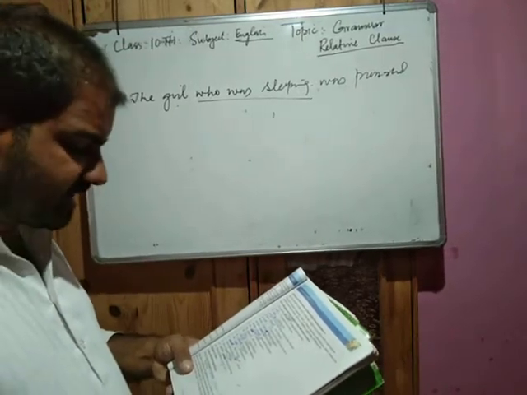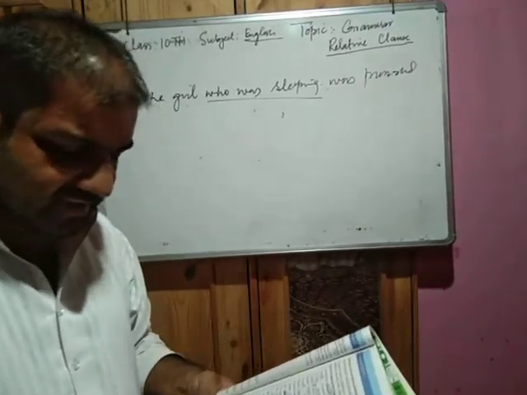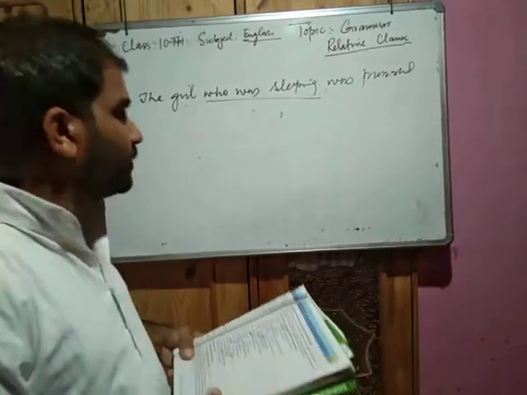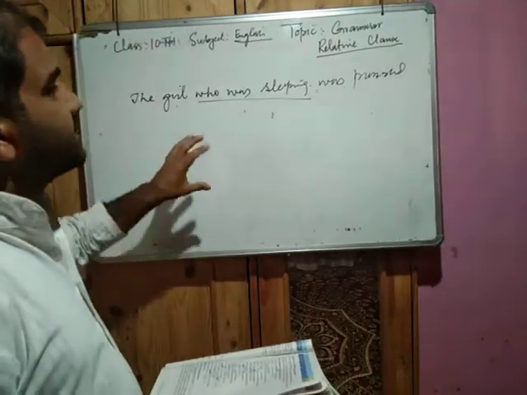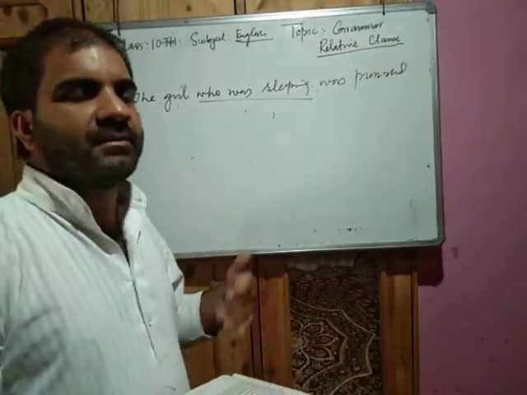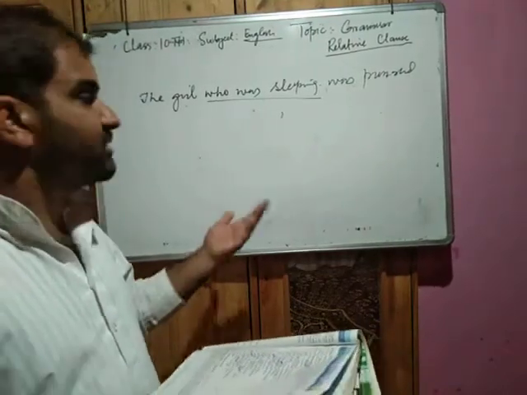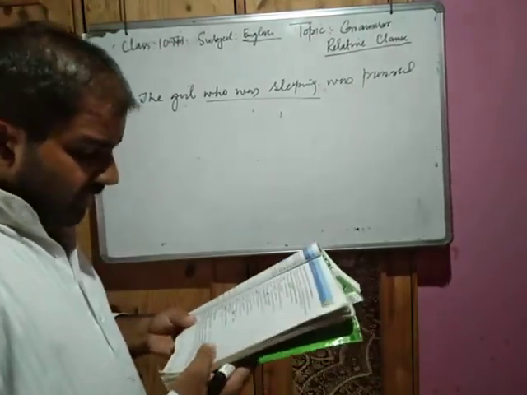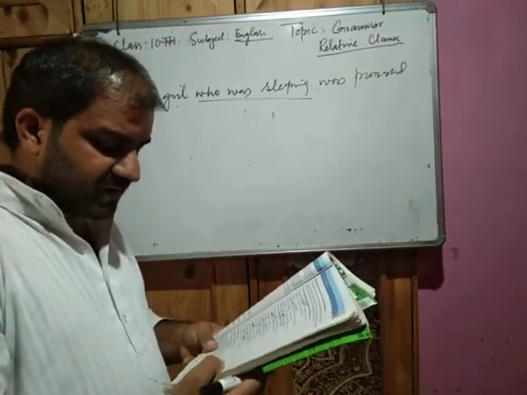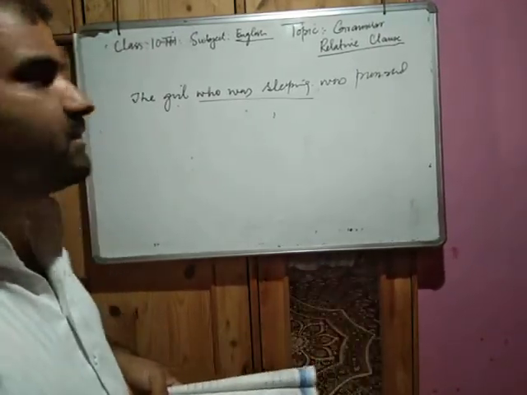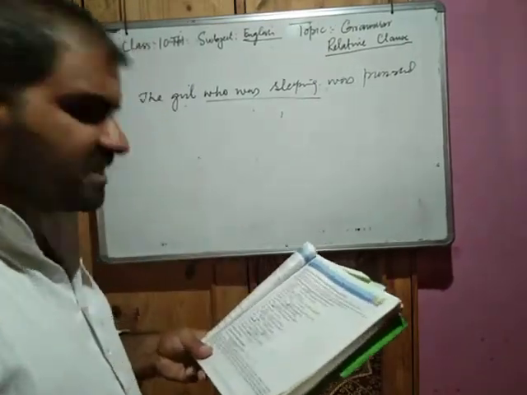As we know, a clause is a smaller sentence that forms part of a longer sentence and has a subject and a predicate of its own. Dear students, you know what a clause is? A clause is a smaller part of a sentence that makes part of a larger sentence, and that also has a subject and a predicate. A relative clause is a part of a sentence which tells us which person or thing, what kind of person. It gives us information about the person or the thing the speaker means.